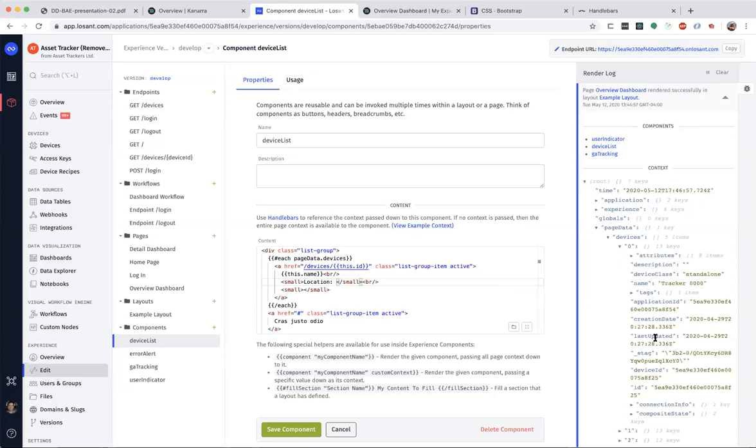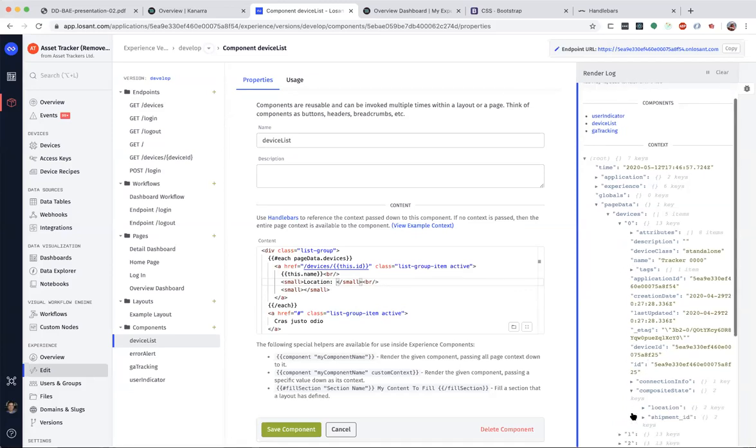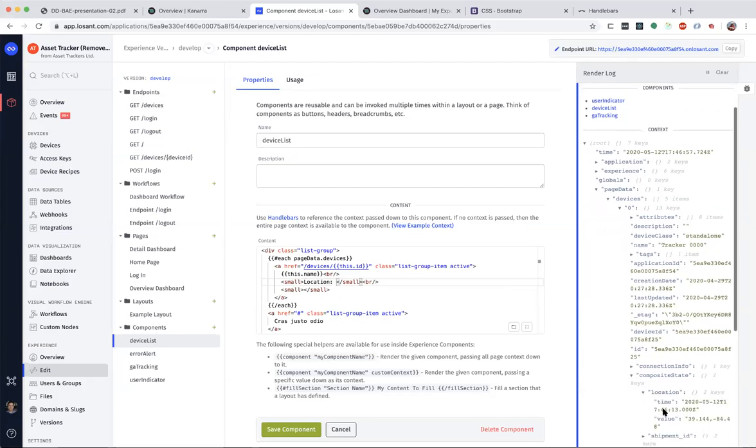Where do I find that? That's going to be this dot composite state dot location dot value, following this path down here.